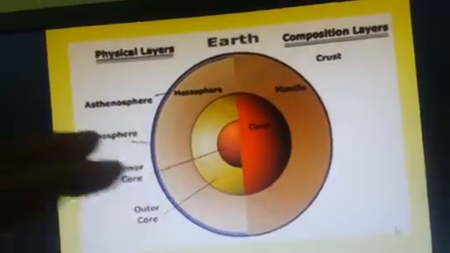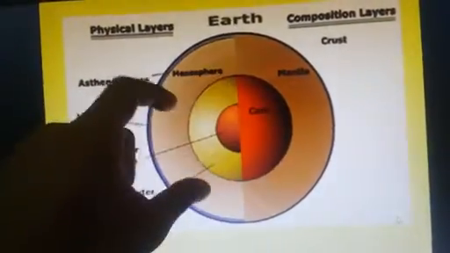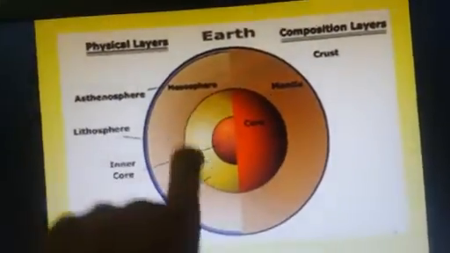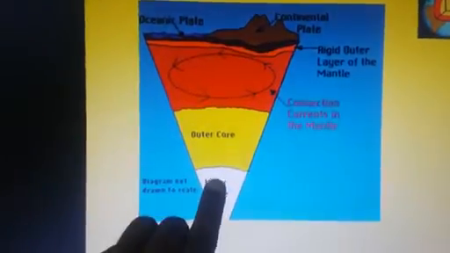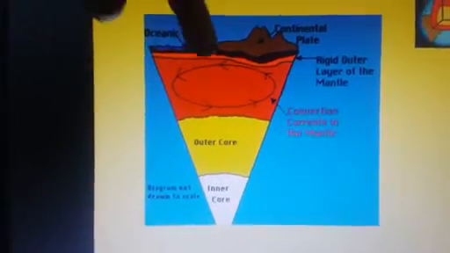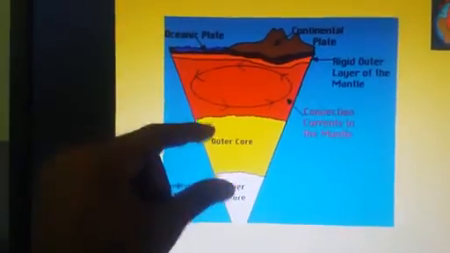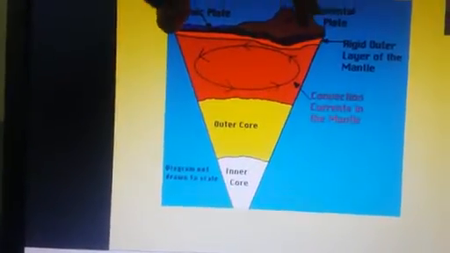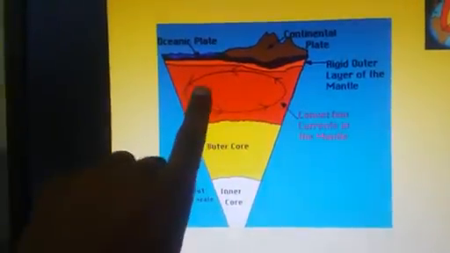So the most important part: earth divides into 3 layers. First one is core, second one is mantle, and third one is crust. We will discuss one by one. First we will discuss the core. What is core? This is your next diagram, in which this is the inner core. When you drill into our earth, the inner part of the earth is called the inner core, then the outer core, this one is the mantle, and this one is your crust. So inner core, outer core, mantle and crust.